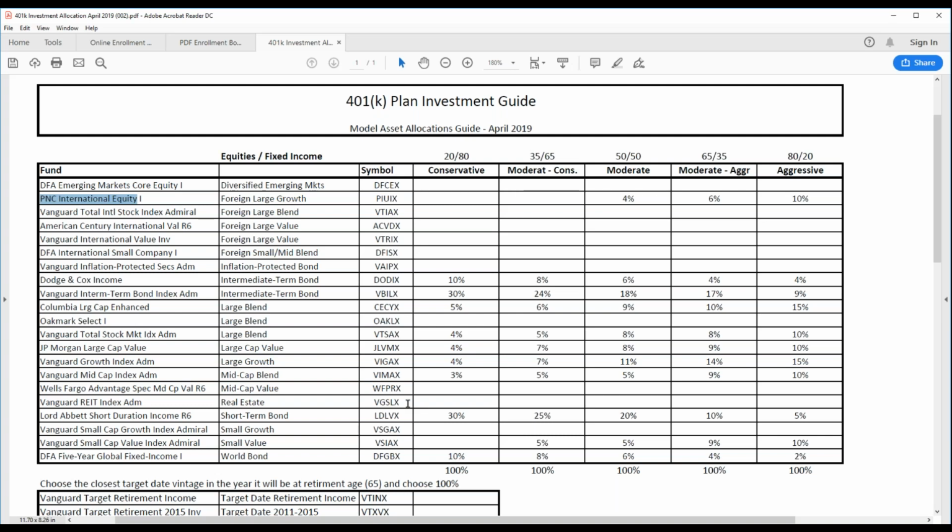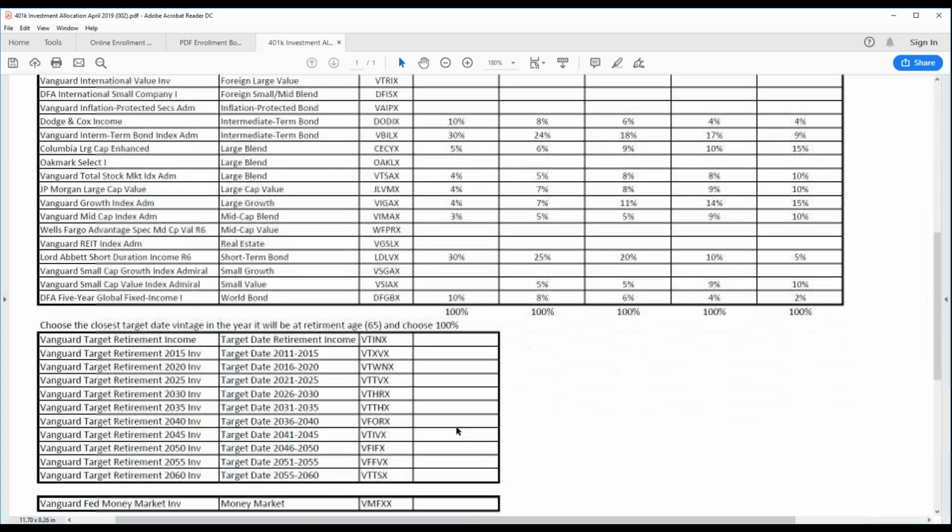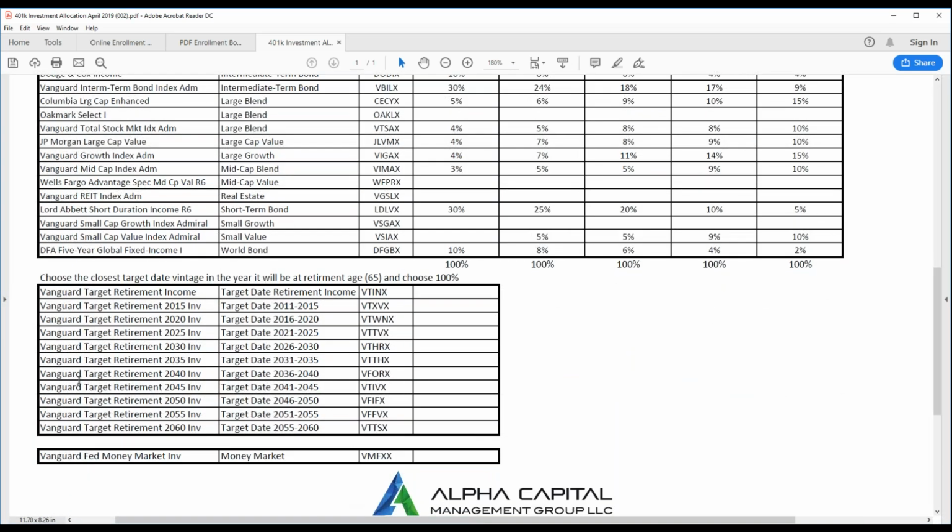We normally change those numbers in those columns once or twice a year. So we're not asking a lot, but if you want to be more hands-on and have a choice in those selections with some guidance, you can follow it. For those who want to be a little bit more hands-off, the recommended path is to select a target date